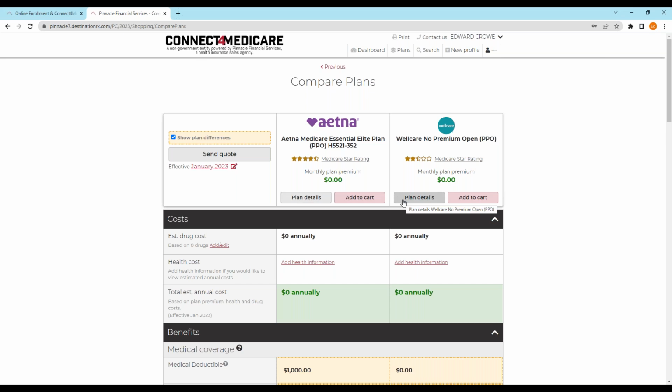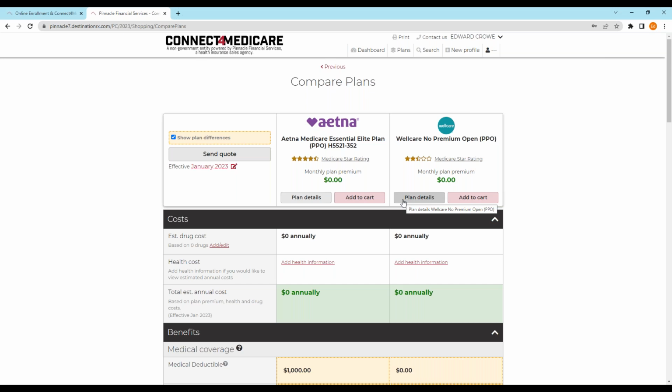What I like about Sunfire is Sunfire gives you all of that information on the initial comparison. So it comes in really handy for the agent too, because of the things you tend to forget, like how much is somebody's OTC a month or a quarter, it'll show it to you immediately, which is a nice feature.